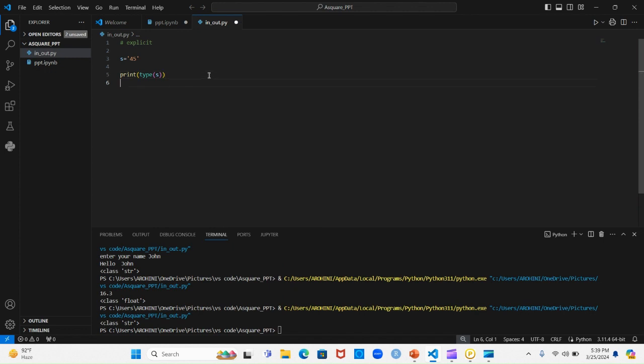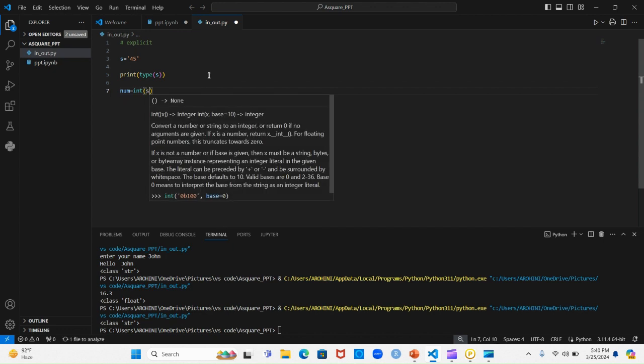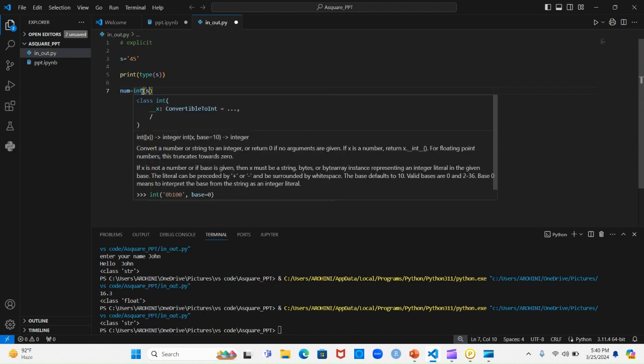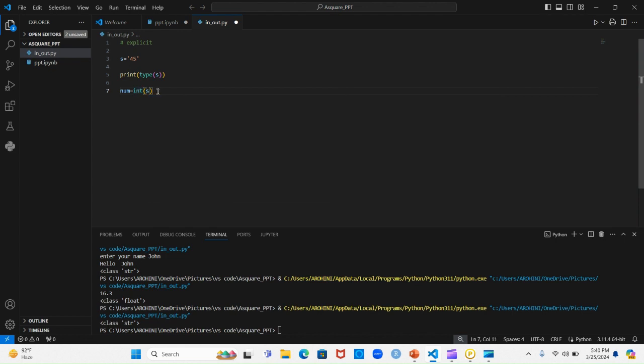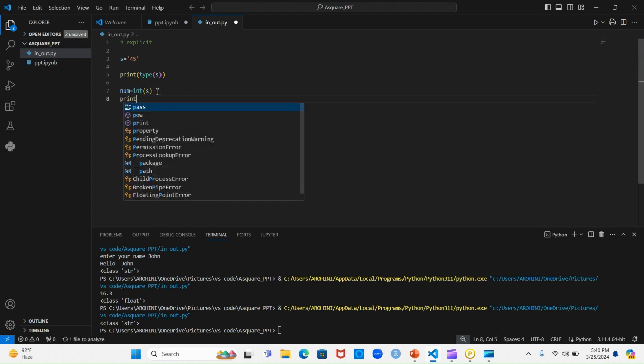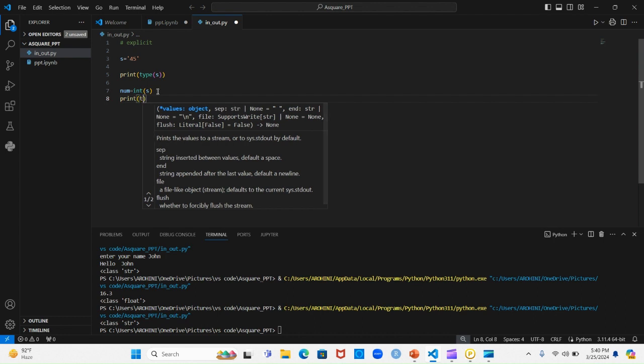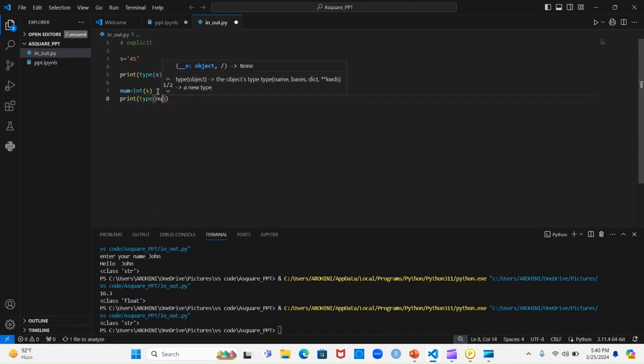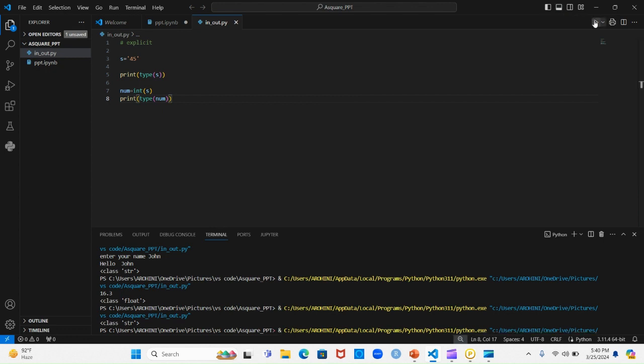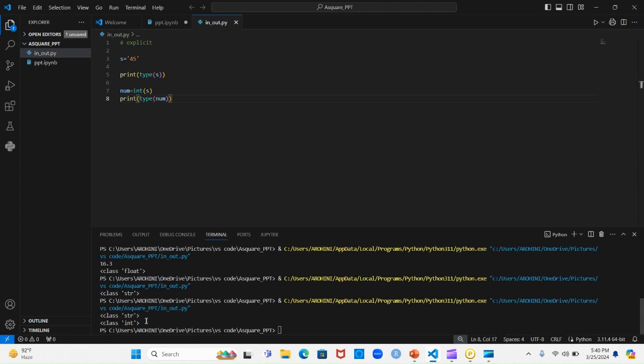Now I'm using a typecasting function. Num is equal to int of s. This is the typecasting function here, the int function. Now I'm checking the type of num. Here you can see that its data type is converted to int. So this